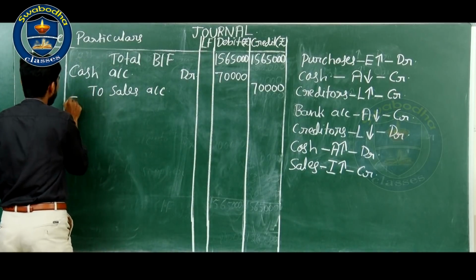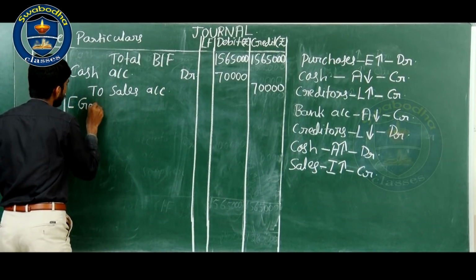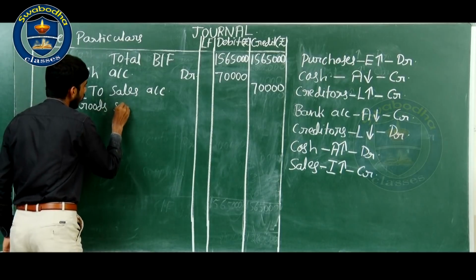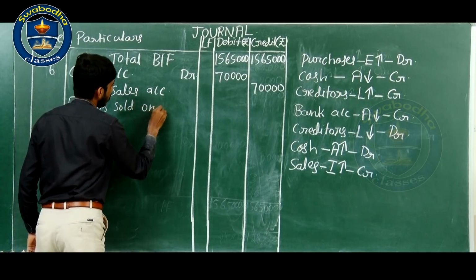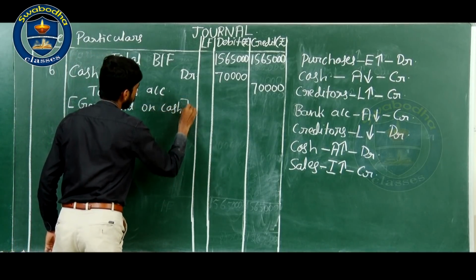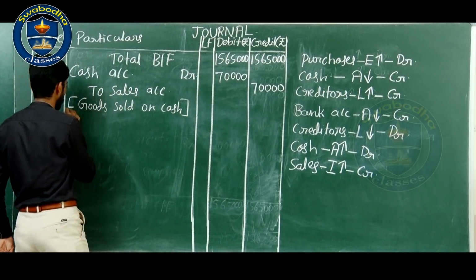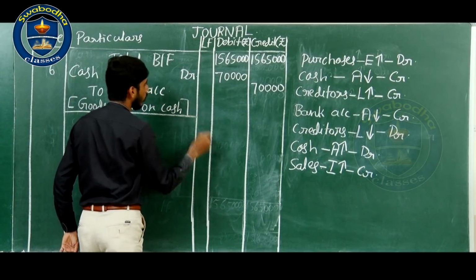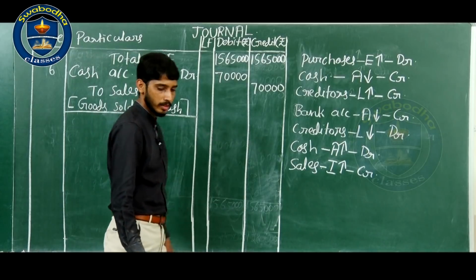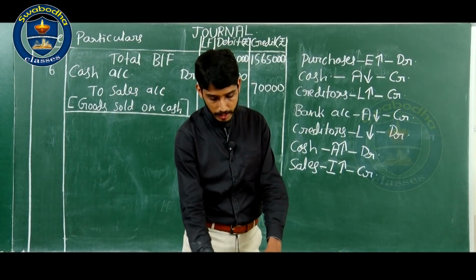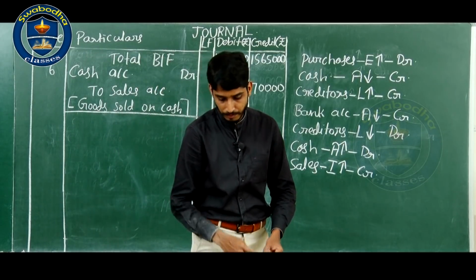Write the narration. Goods sold on cash. Next transaction,